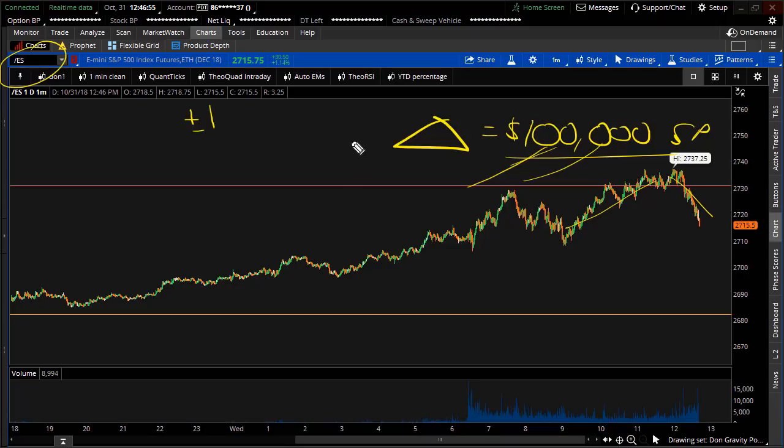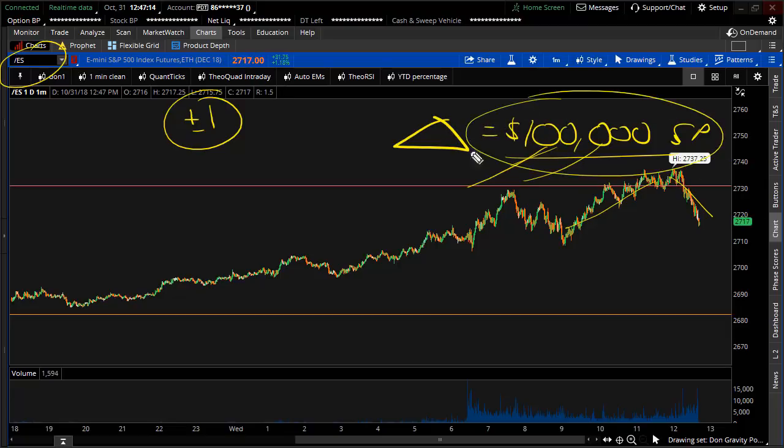Well, that might be exorbitant amounts of risk, because for every dollar the S&Ps move, and please, the S&Ps today have had a range from this 82 all the way up here to the 2737. It would be huge. So what they do is they use an algorithm to keep this risk in check. And by using an algorithm to do so, the algorithm literally has the capability of buying and selling, and it's going to buy and sell these S&P E-mini futures.